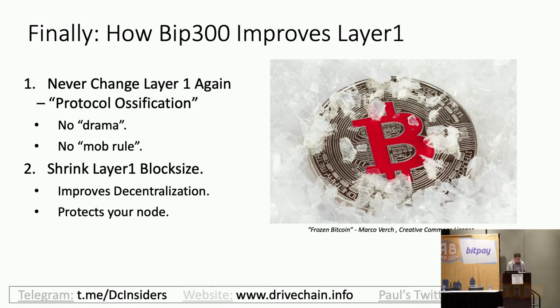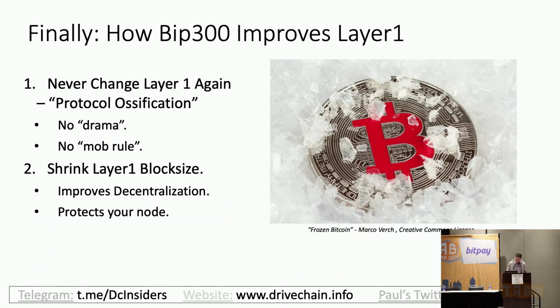If miners upgraded to activate BIPs 300 and 301, it's theoretically possible that would be the last time anyone would ever need to upgrade their Bitcoin software again, ever, because you could have the new software releases come out on sidechains. So that state of affairs would be more convenient, but also more secure as well if you're worried about protecting layer 1. It's the ossification idea.